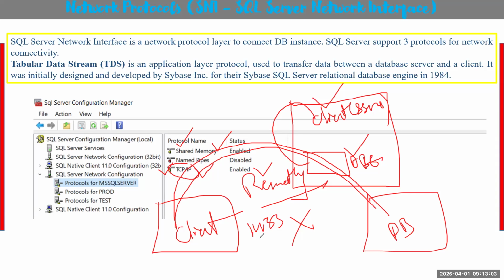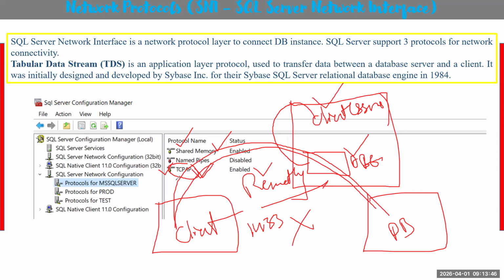1433 is the default port number for SQL Server, which is a TCP/IP port number. If you want to access SQL Server remotely, we must enable the TCP/IP protocol, and if you are enabling it, you need to set the port number. The default port number for TCP/IP protocol is 1433, and technically the SQL Server port number is also 1433. Can I change that, Subbu? Yes, you can change it.